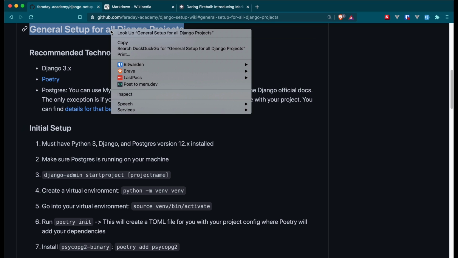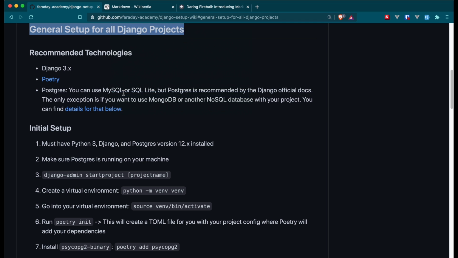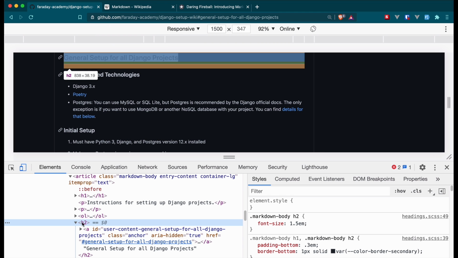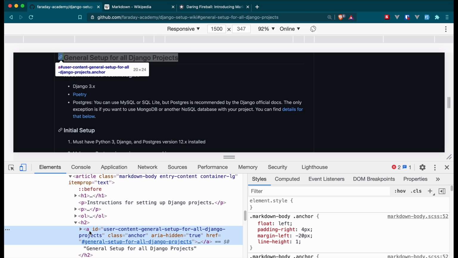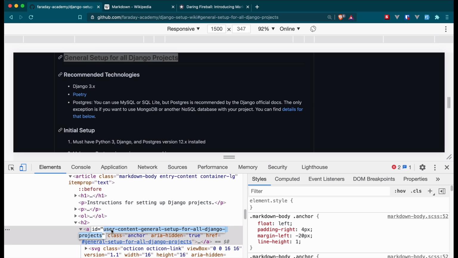So if I right click off of this header, and usually it does this for H1 and H2 headers, you can see the H2 here, and there's actually this nested element, which might be hard to see, but it's this little link tag that shows up to the left of the header when you hover over it. And basically you can see this is a custom generated ID, user-content-general-setup, and so on, of the whole header. GitHub and many other platforms do this automatically for you. So what this means is,